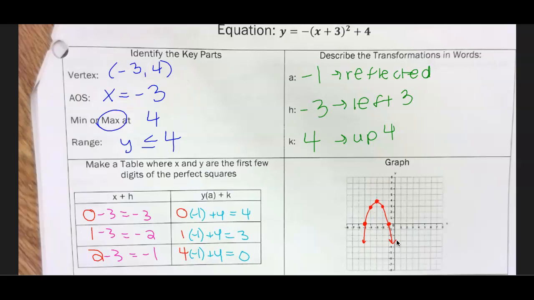I need 2 x equals. Literally just hit like this. It's negative 1 and